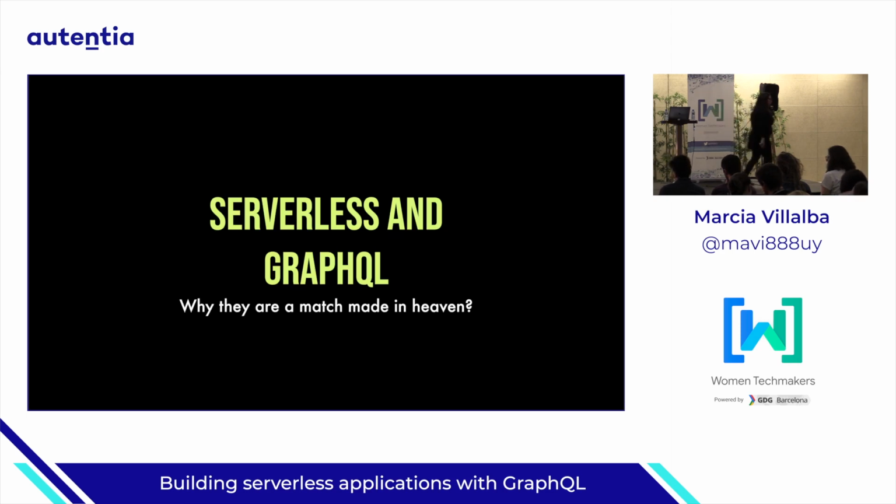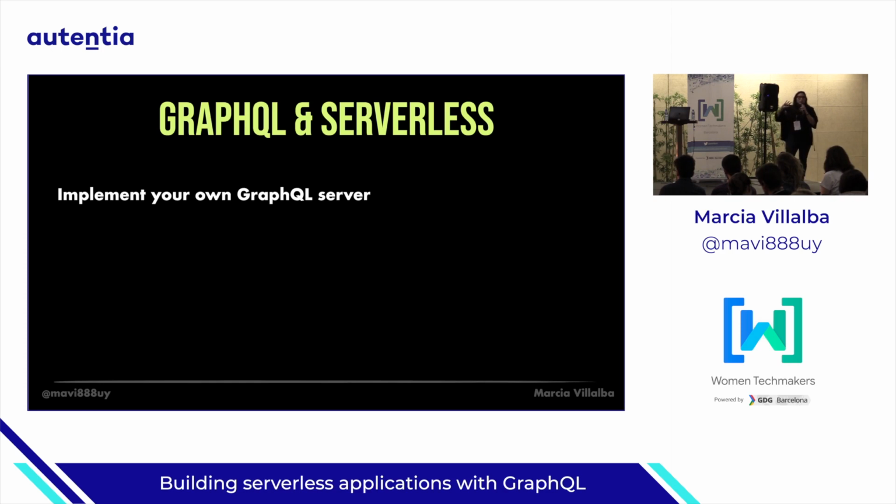So now let's talk about serverless and GraphQL. There are 3 ways on the path to serverless. The first thing is, GraphQL is a specification, so you need to implement it. You can go the hardware way, which is to write your own implementation of the specification. You can put it in a server, either in your basement or in the cloud, doesn't matter. And there you will need to write your resolvers and your schemas, but you also will need to write all the logic that comes with building the GraphQL server implementation.